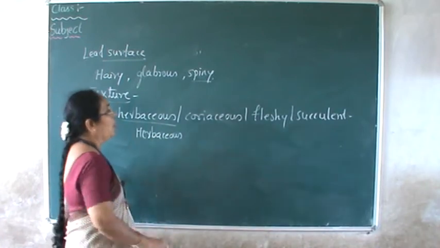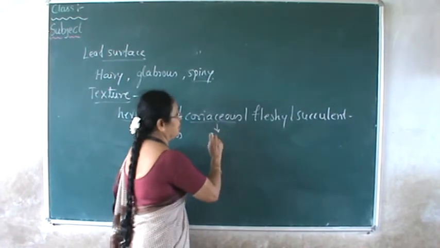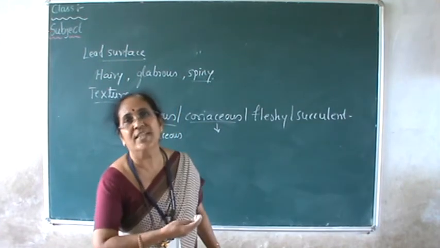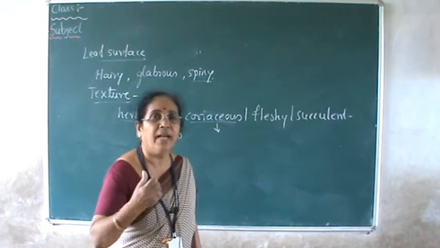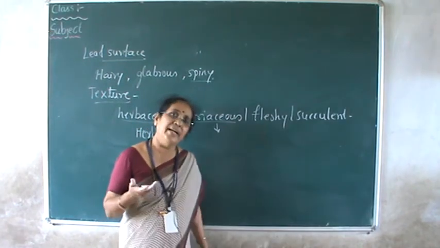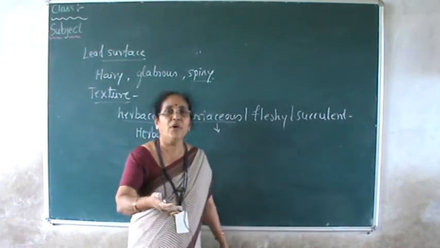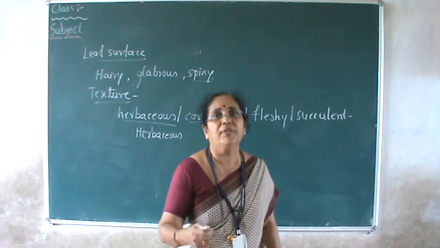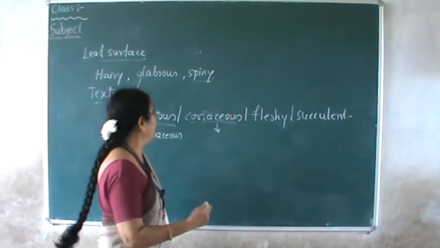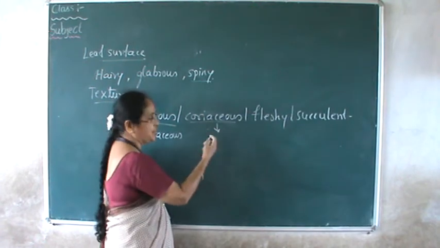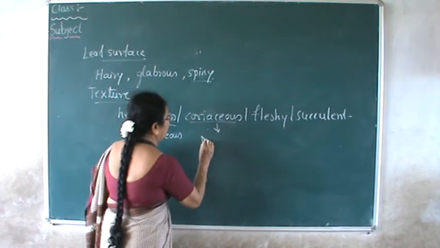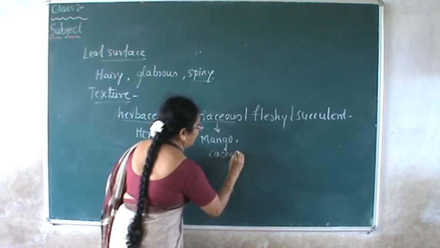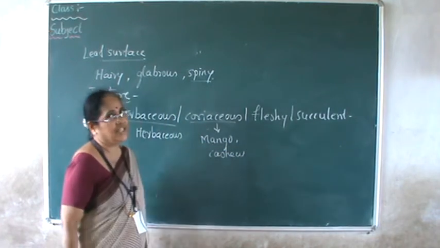Coriaceous: a very rough texture. If you feel the leaf, the mango leaf is very rough in texture because it has a thick cuticle over it and a very thick lamina. In the case of Michelia champaca, it is very rough. When the dry leaves fall on the ground and you sweep, it gives a typical kind of sound because of the hardness of the leaf. That kind of leaves are called coriaceous texture. This is found in mango, and cashew leaves are examples of the coriaceous texture.